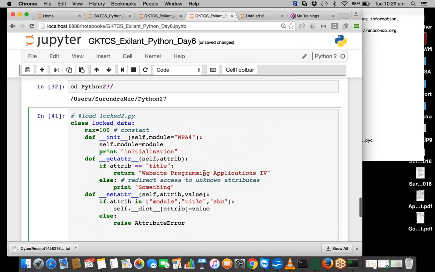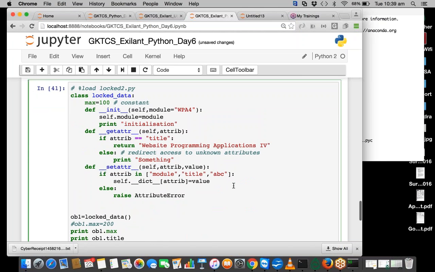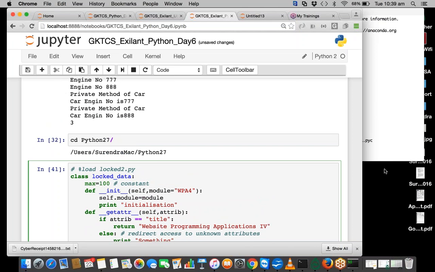Otherwise, I'll clear the same concept if you are not clear, because this is the assignment which I'm expecting you guys to solve by yourself by writing the get attribute and set attribute. This is for the car. Whether we should start the new topic today or